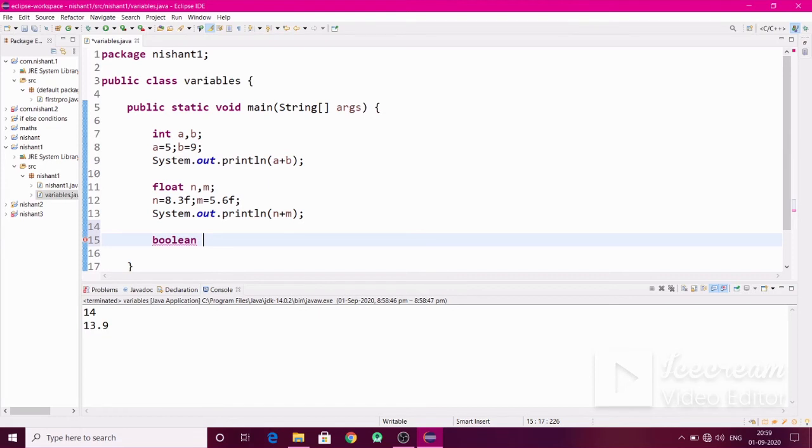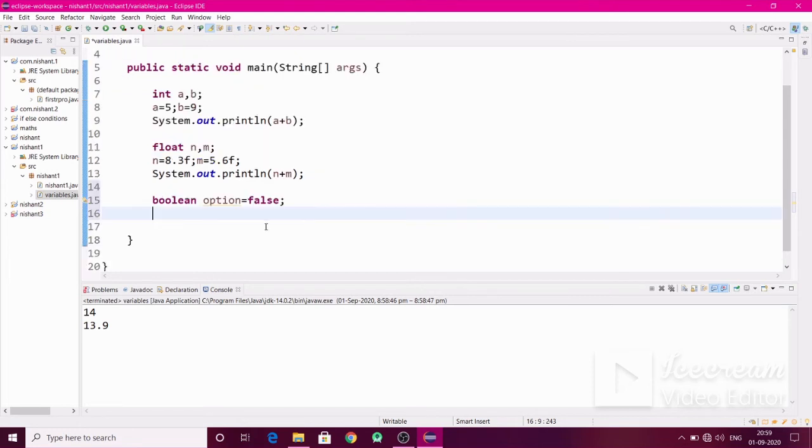So I am taking here a boolean named option, and for this option the value is false, and then close the line.